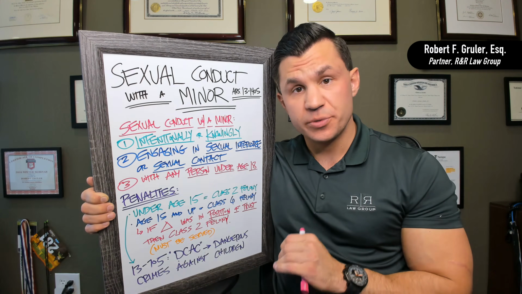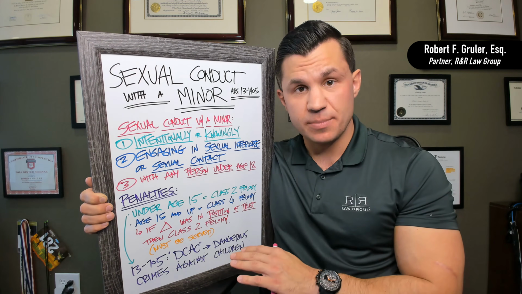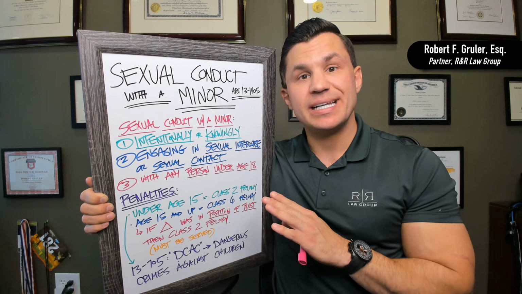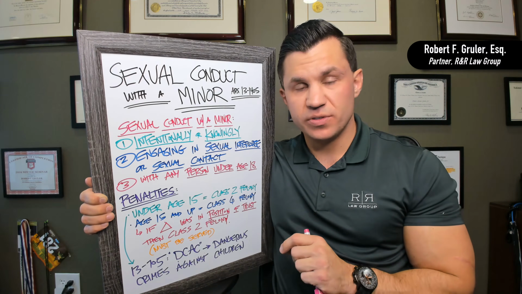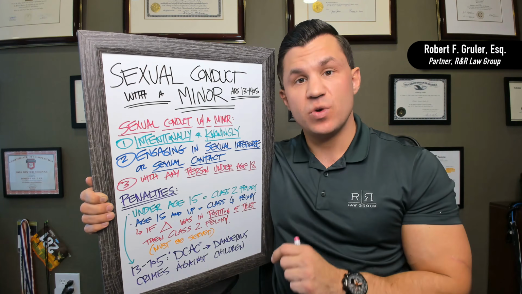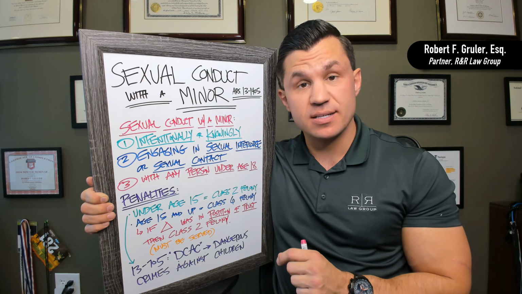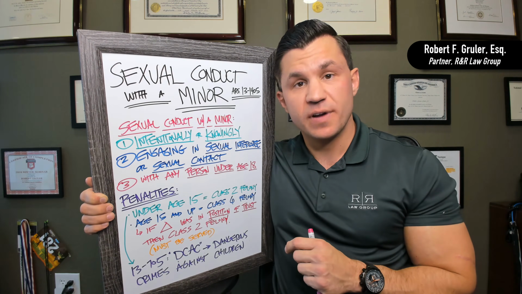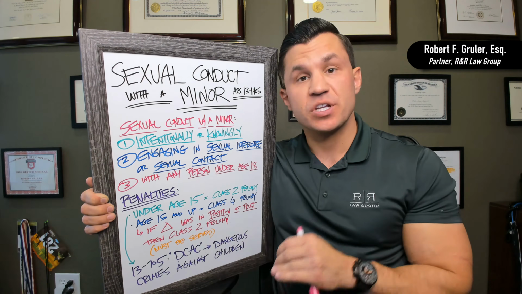Our office, we do criminal defense law. We have a great team of people here. We've helped a lot of people through these types of cases. Remember, there's a lot of stigma around these crimes, but under our law, under our Constitution, you are innocent until proven guilty. So unless you've pled guilty or unless you're convicted by a jury, you have a right to your innocence, you have a right to have a trial, you have a right to due process, and you have a right to competent legal representation. It's what we do here. We're very good at what we do. We've helped many people with cases like this and more serious.